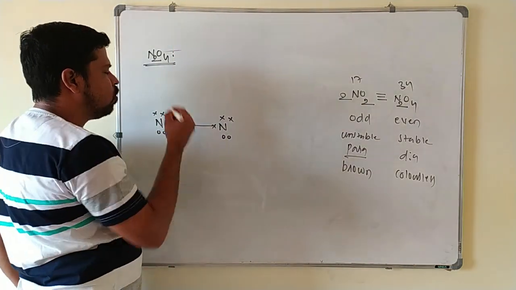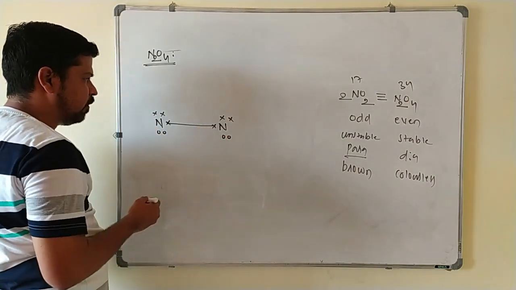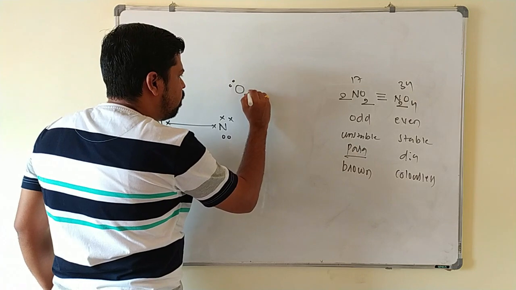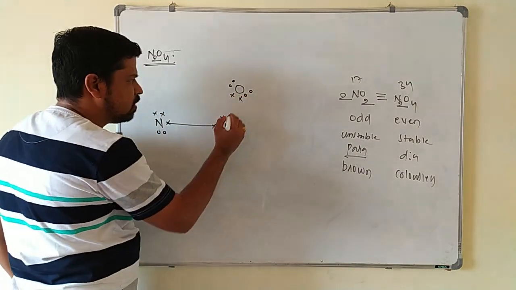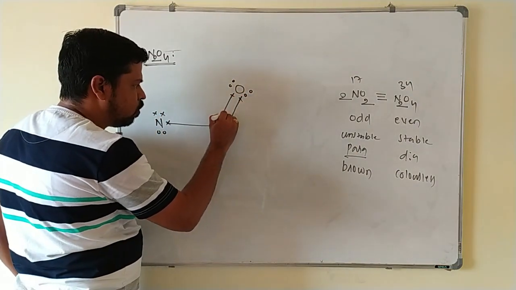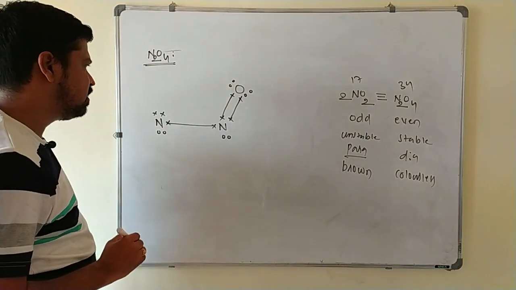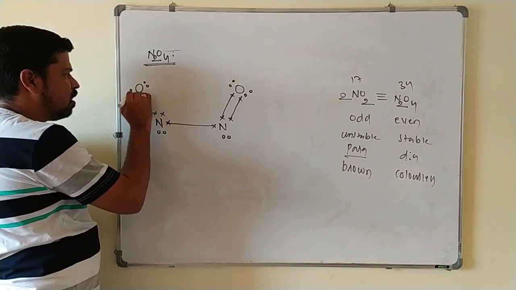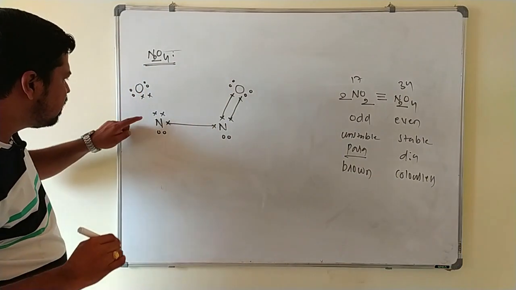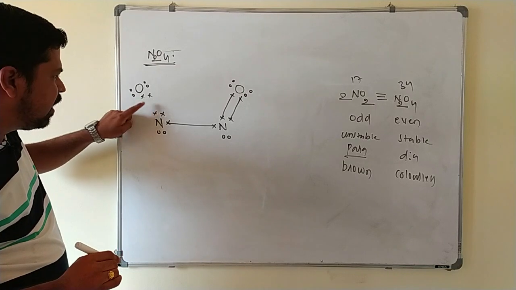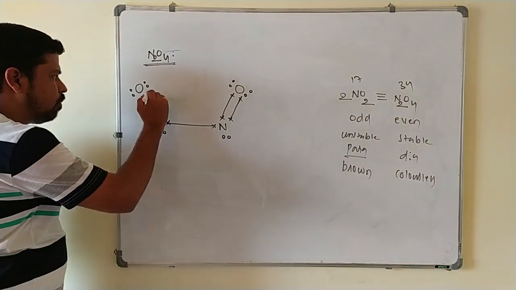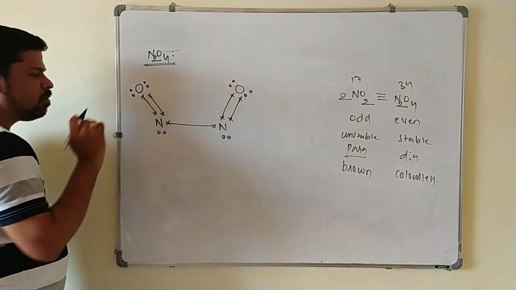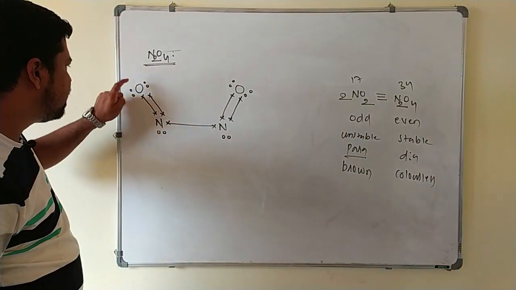Now we will add 4 oxygens. On this side I will add oxygen, that has 2 lone pairs of electrons and 2 unpaired electrons. These two undergo mutual sharing to form a double bond between the nitrogen and oxygen like this. Next I will add another oxygen here, 2 lone pairs and 2 unpaired. See, these are also unpaired electrons. I can form a single bond between these two and a single bond between these two, so that here I can form a double bond between the nitrogen and oxygen.